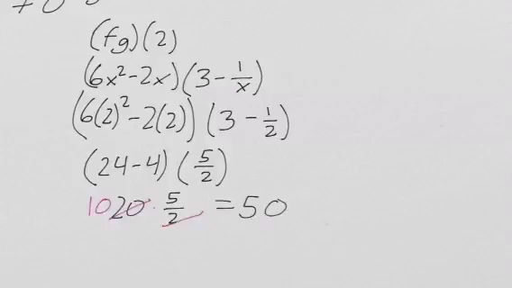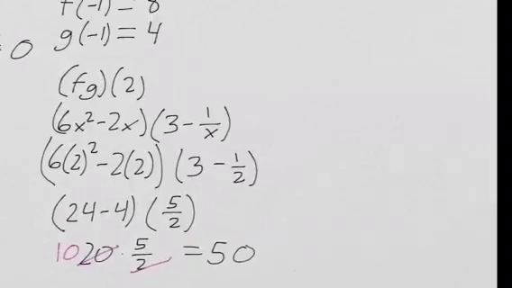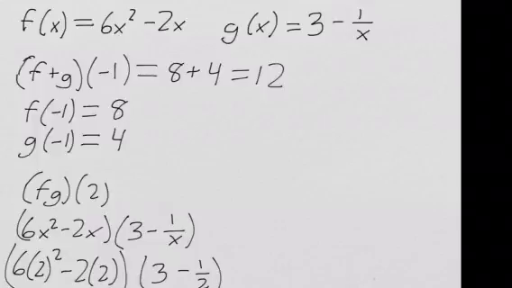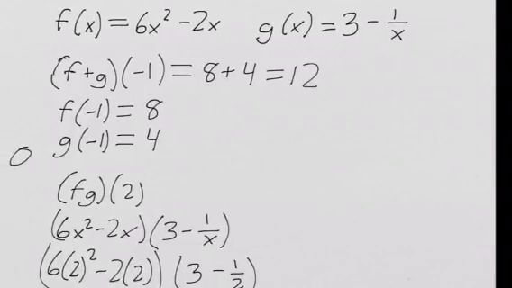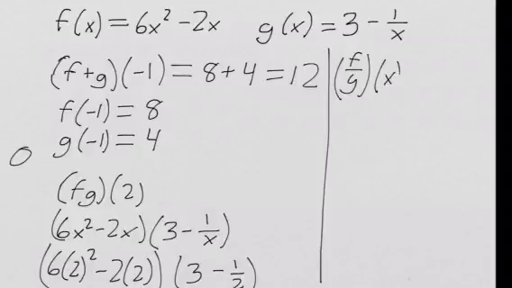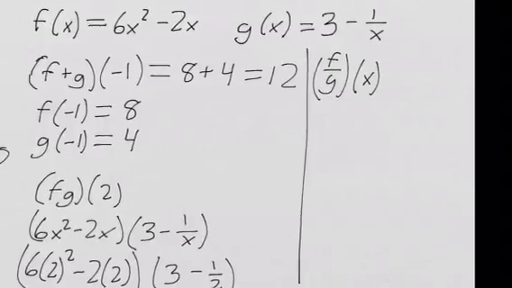That gives me 50. Then the final thing that we'd have to deal with would be, give myself a little space here, if I just ask you for f over g of x,